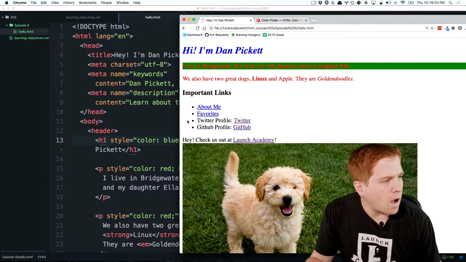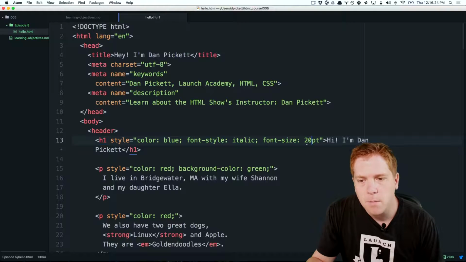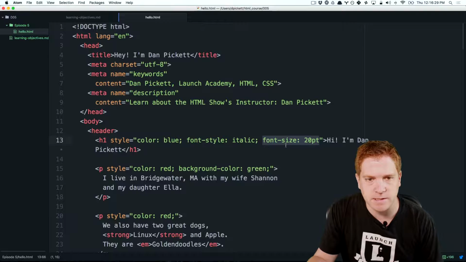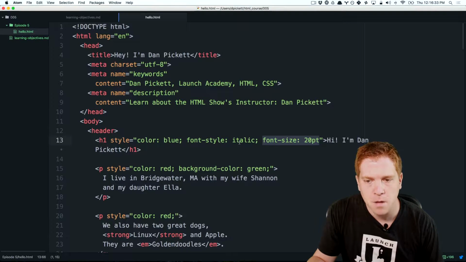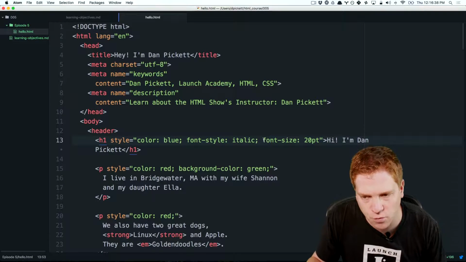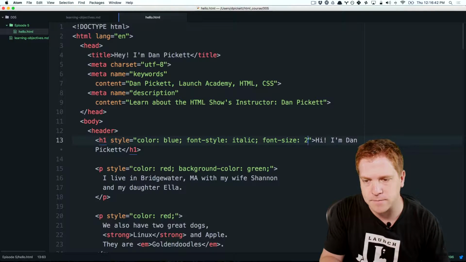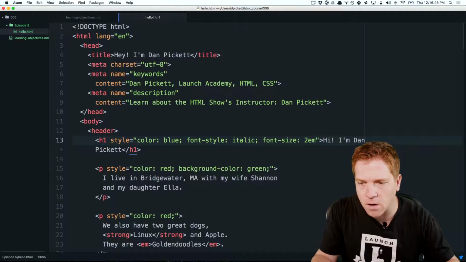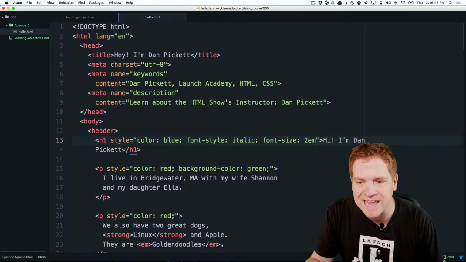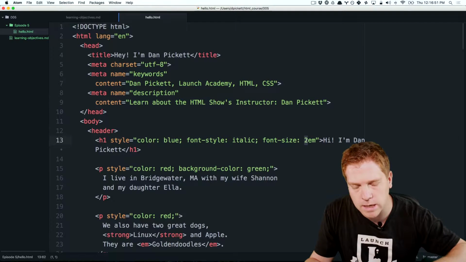Very good. So here we've set the font size to 20 points, but I want to talk a little bit about how we should be thinking about font sizes as we produce more complete HTML web pages. There's two other units that I want to focus on and use for the majority of the course, and those units are known as EMs. So let's make our H1 tag here an EM unit. So I've set it to 2 EMs,